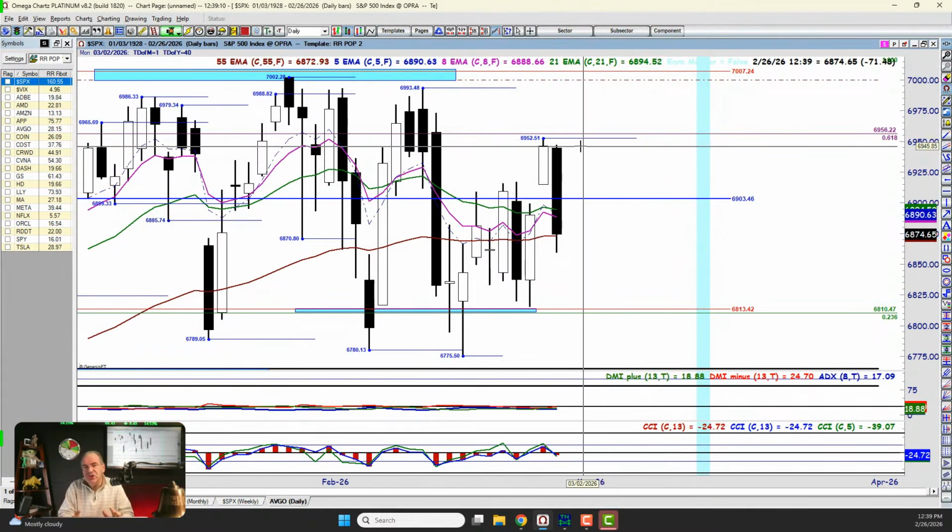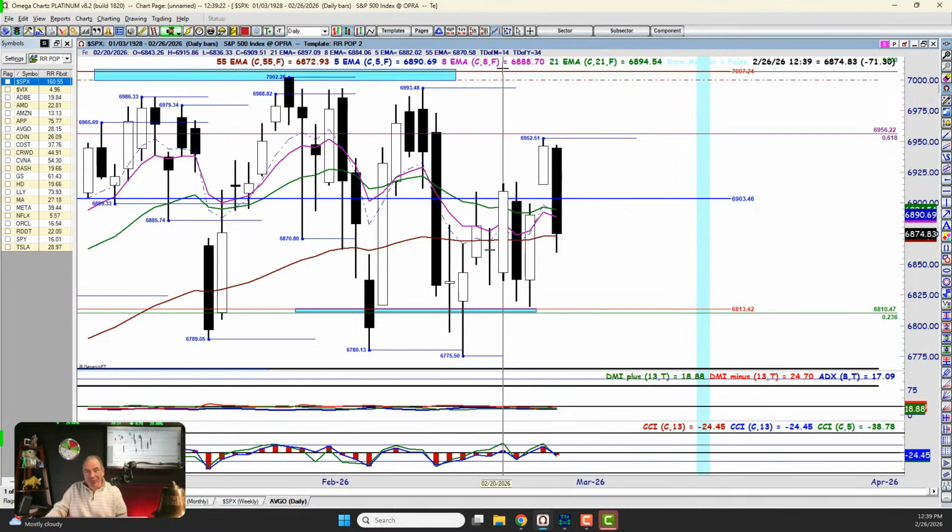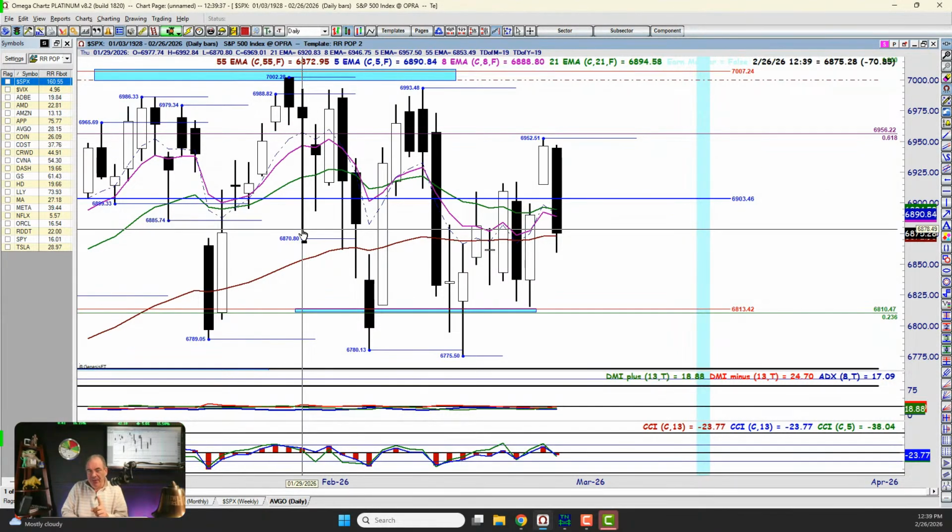Okay. I want to explain a little bit about what bias is and how bias works. Bias is a representation for me of 3 moving averages. You can jot these down, and I'll show you them by color on my screen. There is an 8 moving average, which is pink. You see my mouse is up here. There's a green moving average, which is 21, and the brown moving average is 55. Now, yes, there's also a 5 up there if you're reading that top one, but that is for one very specific trade setup that I use for one exit only, and that's only on swing trades, which right now is almost non-existent.